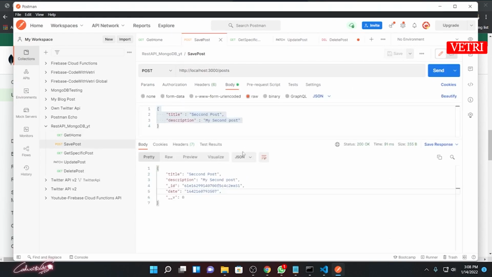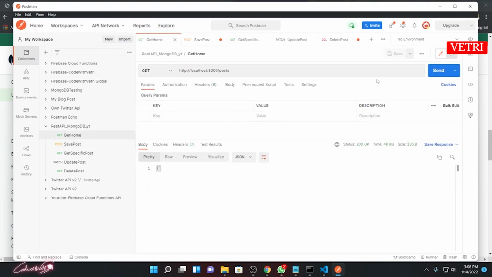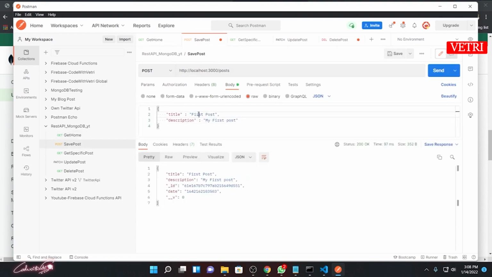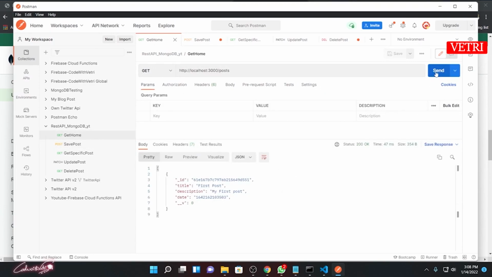Now, if I want to save the data, let me save the data. First post. My first post. If I hit send button and you can see if I fetch it, now our data is saved over there. If I want to save the second one, okay, if I hit send, now we can see that the second post is saved. I want to update this description over there. I'll go there, and if I